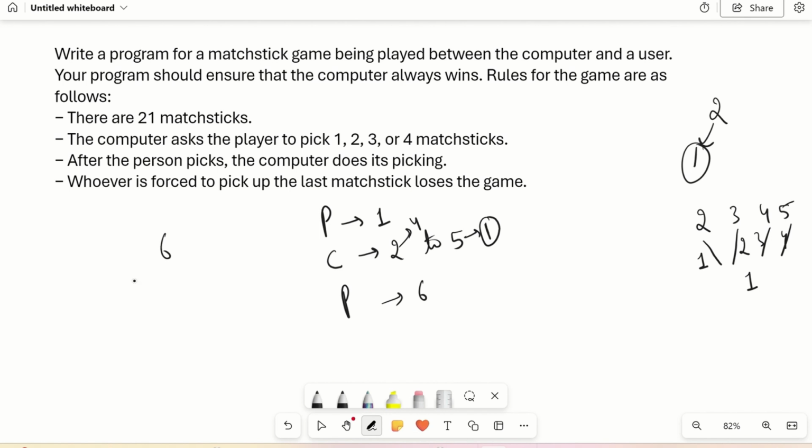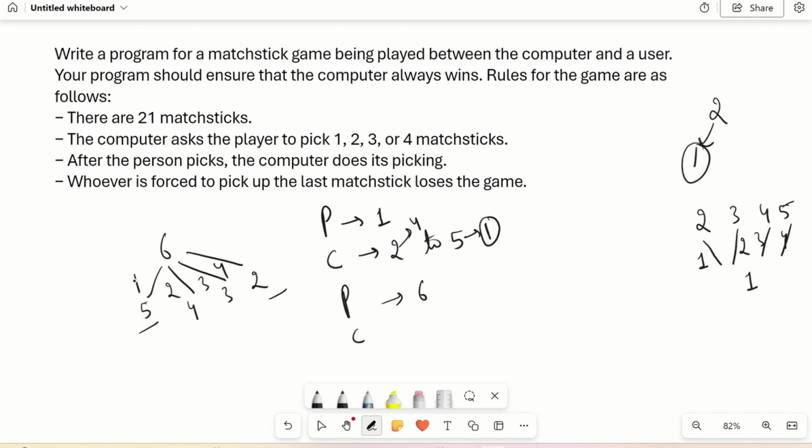Let's say the player has 6 matchsticks left, then what can he do? He or she can choose 1, 2, 3 or 4 matchsticks. If the player chooses one matchstick, 5 will be left. For 2, 4 will be left. Here 3 will be left and 2 will be left. That's what we said, that 2 to 5 matchsticks should be left. For that, the player should have 6 matchsticks.